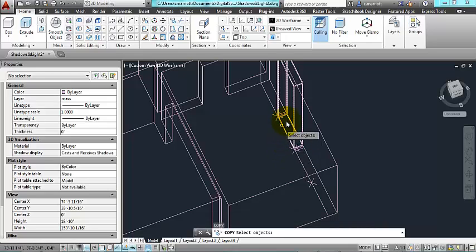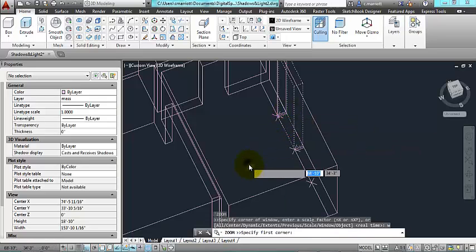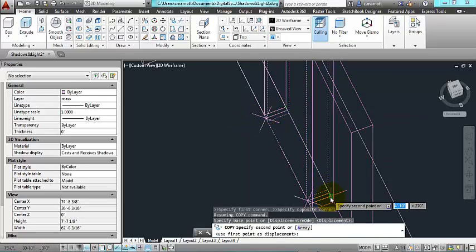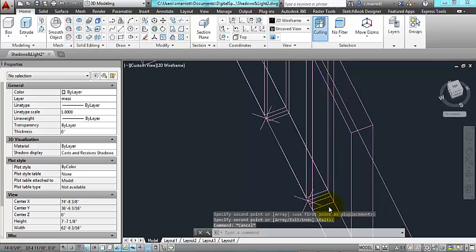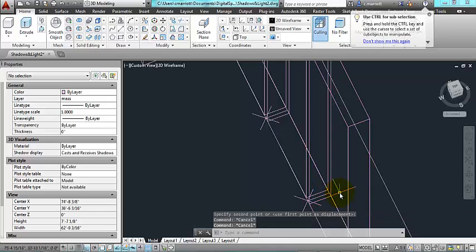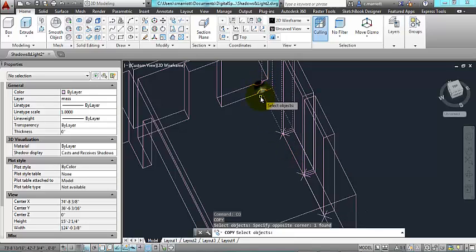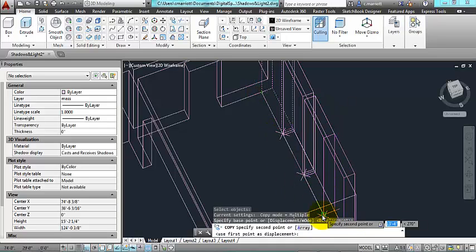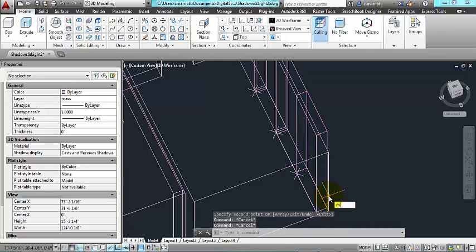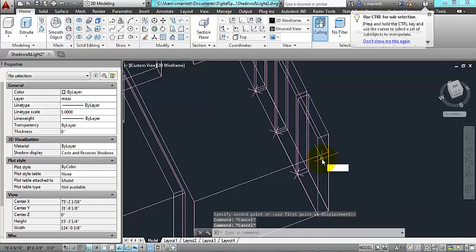Okay, now what I'm going to do is make copies of these 2 objects. They're going to be slightly different dimensions, so I'm going to snap to some of these snap points. And looks like I'm going to need to move this one over to here. And I'll make a copy of this one. You could also try using the mirror command for this process. And I'm going to place this one here, and then I will move it to the end. Okay, so now I have these 4 boxes,